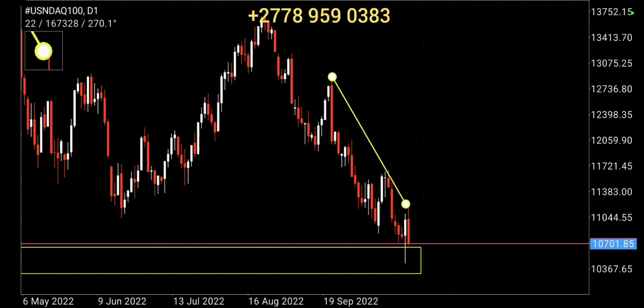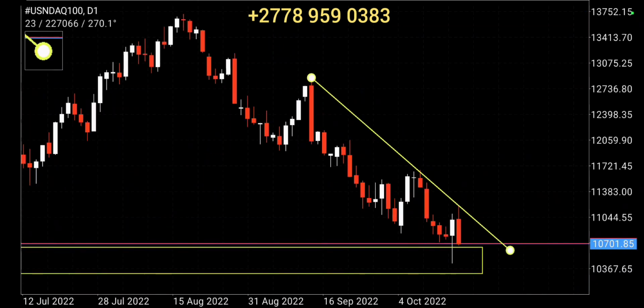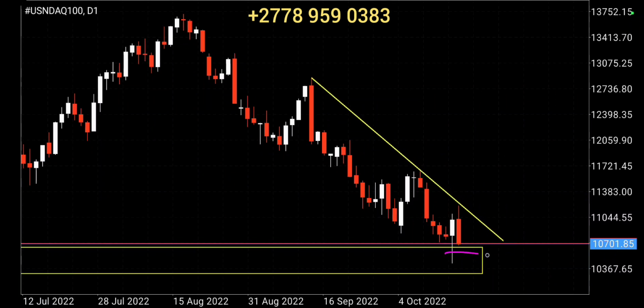That's another thing that we are seeing here, and it has a different trend line there, which is this one here. And the nearest structures, remember we said the support is inside there, as I just showed you now, and the resistance is this one. So this is the daily support, daily resistance, daily bearish trend line, and we just hit the support. We went up and tested the trend line. Now we are coming again.